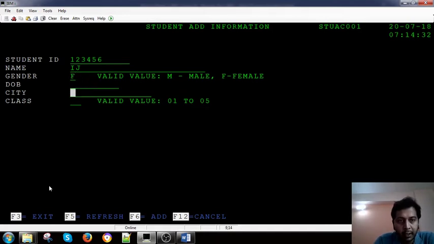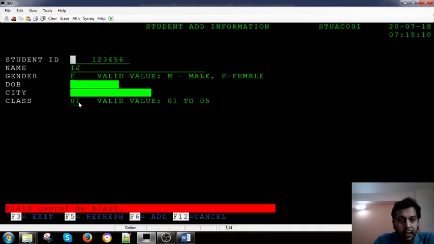You leave something blank, and this is the first error that appears because this has valid values. Then you see the message that the field cannot be blank. Again you give something, and again you press enter and the field cannot be blank error appears.